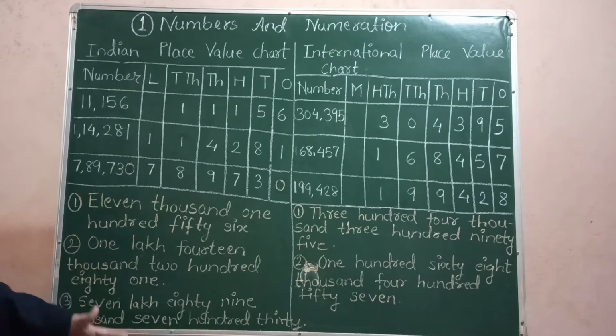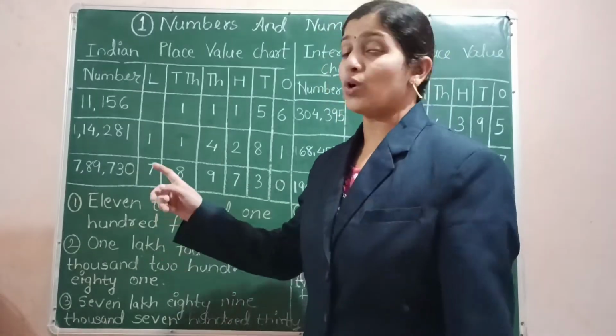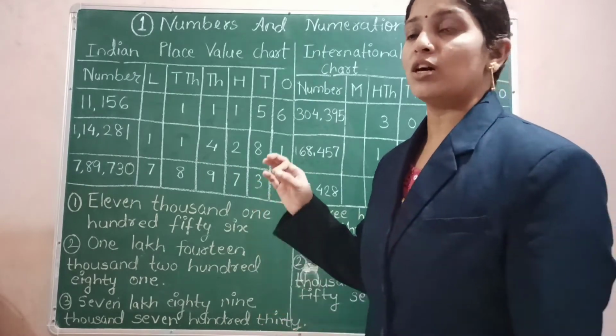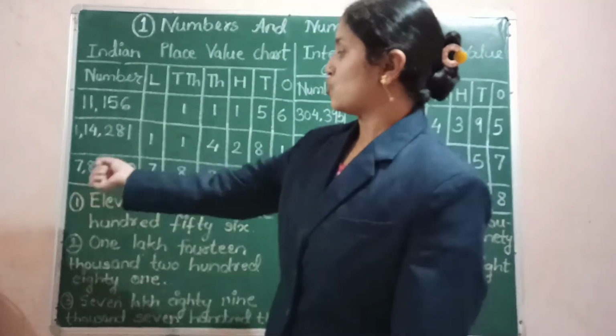1,14,281. You can also see here that no plurals are used, no thousands, no hundreds are used. All the numbers are written in singular form. So also we are going to see this third number. So it is